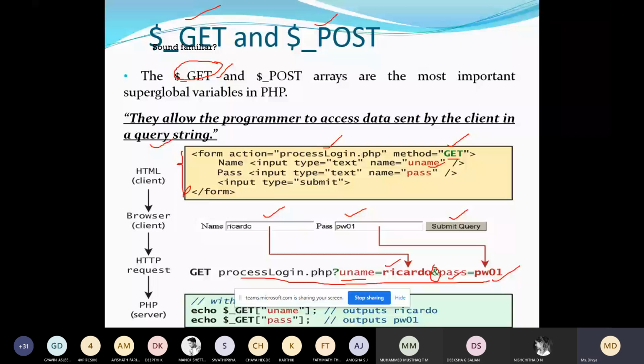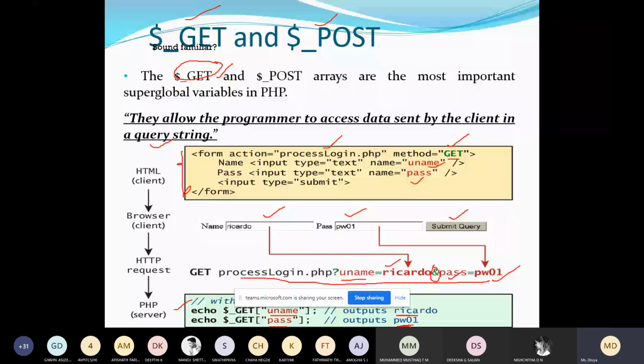Now this much is your front end code. This is your PHP code, back end code. Suppose I want to fetch the value that you have entered here, what should I do? Dollar get, use the name here. What is the name? This is the name. So what will it display? It will display the value. Similarly, if you give the name password, it will give you this value, whatever you want.